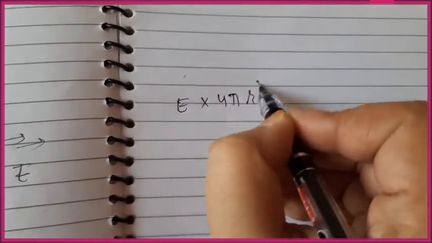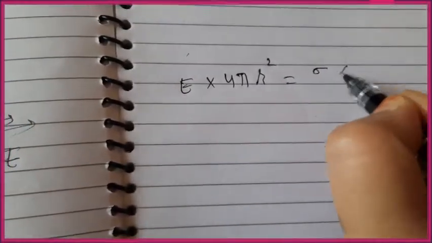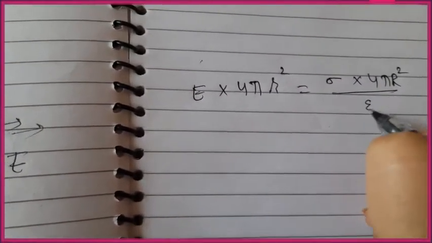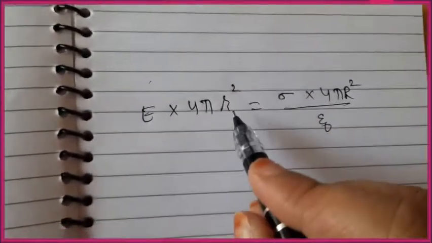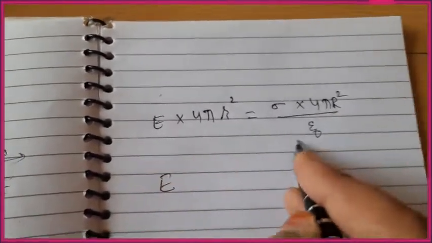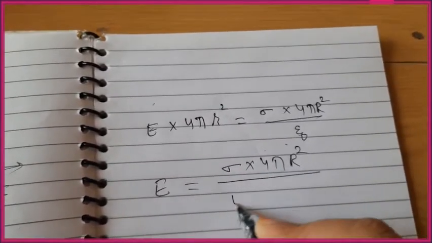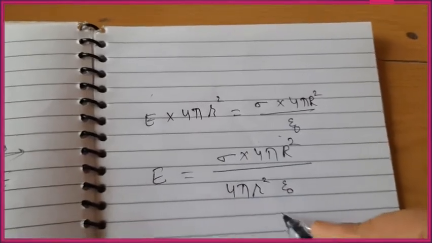Okay, I would like to explain to you how we obtain the final expression for electric field outside a spherical shell. So we were having the expression for flux E into 4 pi r square, and another expression was sigma into 4 pi capital R square upon epsilon naught. This was from the Gauss law. So when we want to find out E, we equate both the expressions for flux, and we get sigma into 4 pi R square upon 4 pi small r square epsilon naught. This is what we have.